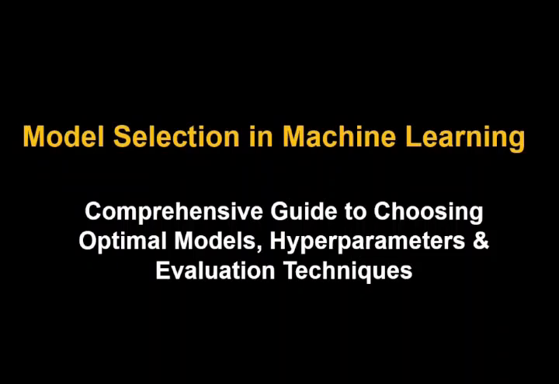Today, we are going to study an extremely important stage in machine learning called model selection in machine learning. Model selection is not just about choosing an algorithm randomly. It is a scientific and systematic process of selecting the most suitable model that gives the best performance for a